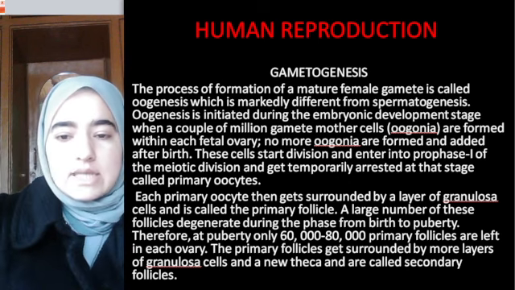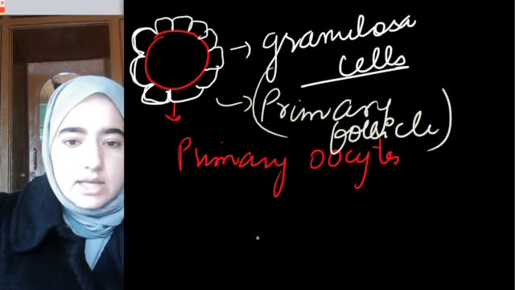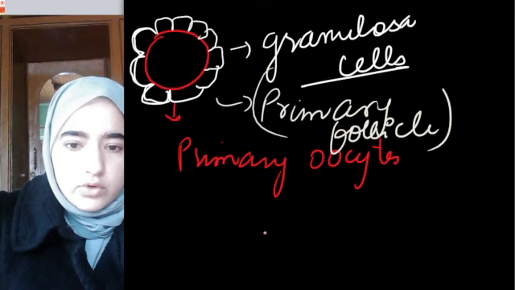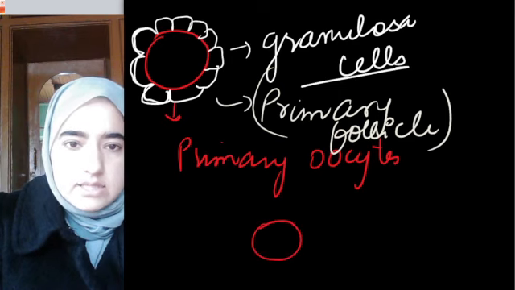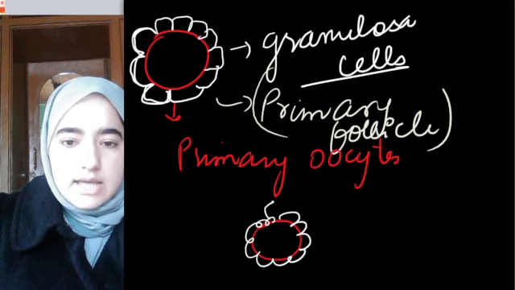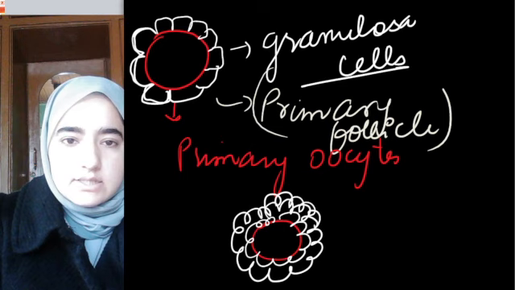Primary follicles now get surrounded by more layers of granulosa cells and a new theca. See, say for example, this is now a primary follicle, right? The primary follicle looks like this and it has one layer of granulosa cells. But since it has to get transformed into a secondary follicle, an additional covering of granulosa cells will get on it, and